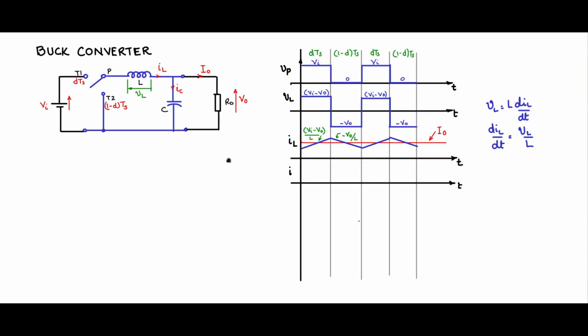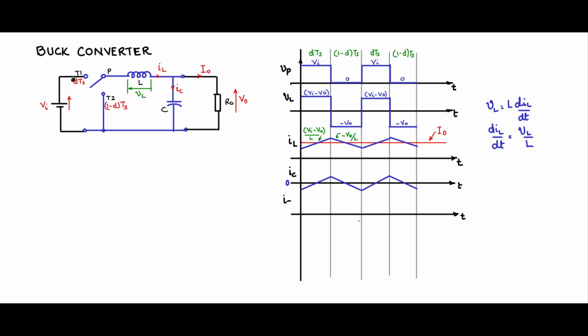Next, let us have a look at IC, the capacitor current. I0 is the fixed DC value. Remove the I0 component from IL. What remains is the AC part, so the ripple part. So you will see the IC or the capacitor current contains the zero average portion or just only the ripple portion of the inductor current. So it will have the same ripple envelope wave shape. Average is 0.